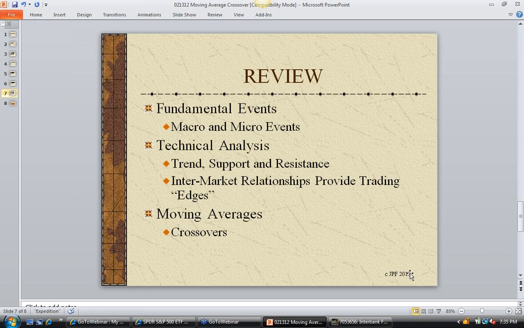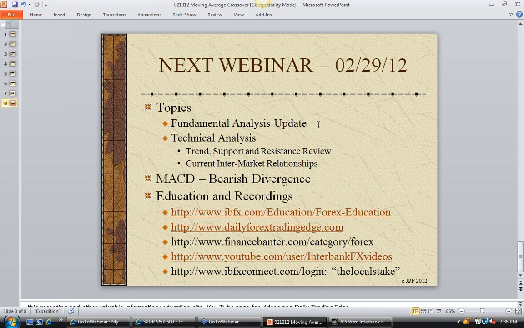And then we took a good look at how to use moving averages, where they're best used, trending markets versus range-bound markets, and then how to apply a crossover where we have two different time frames, the shorter time frame crossing up or down as our entry as it crosses over that longer, smoothed moving average. So again, next webinar, I'll talk about MACDs, moving average convergence divergence. Right now, I kind of timed this. The markets are trending, so that's why I went with the trending indicator, moving averages.